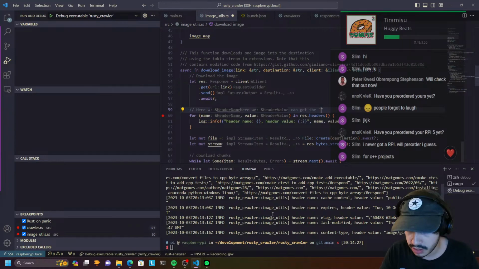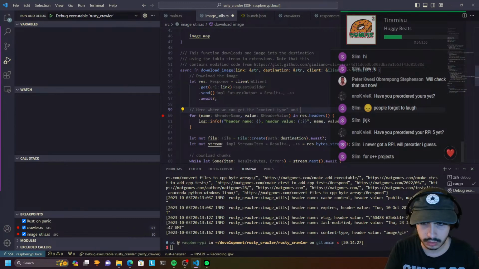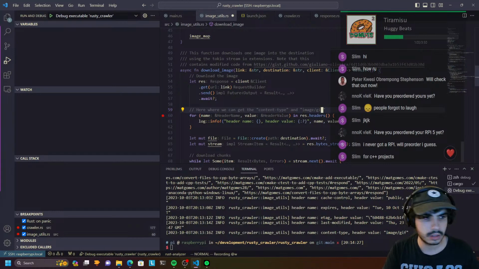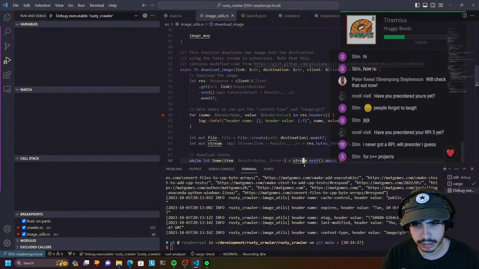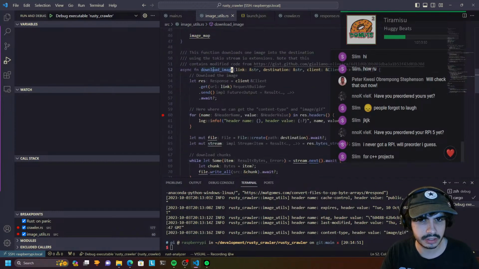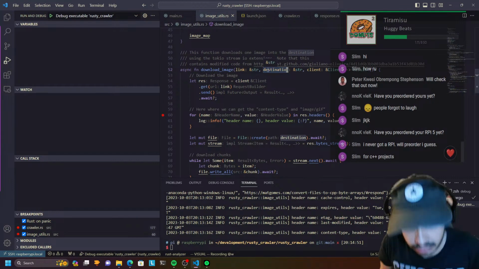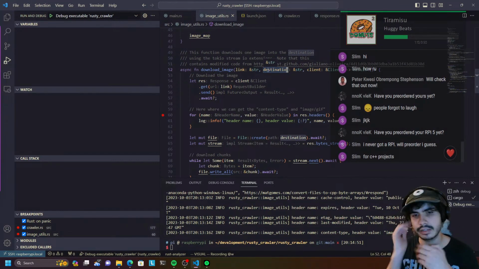Yeah, so the content type, here is where I can get the content type. Something like image, GIF. But we have to rethink this a little bit, because as I said, when we get to this download image, we already have a destination here. So what we could do instead is, I guess,